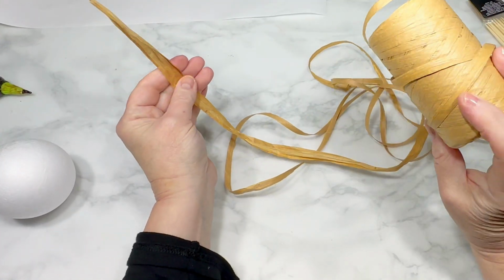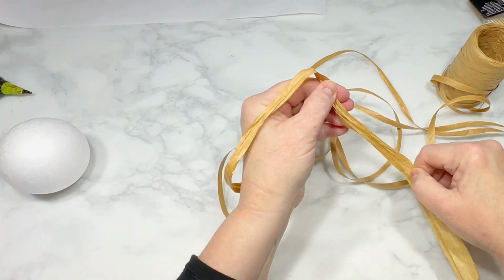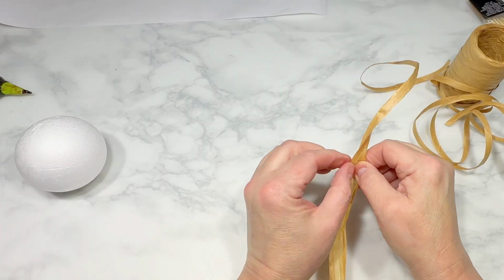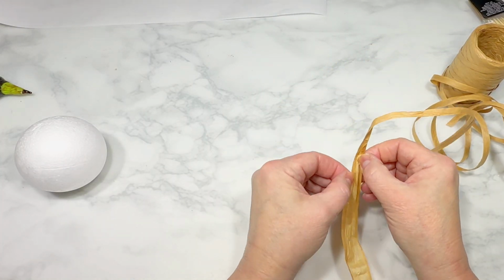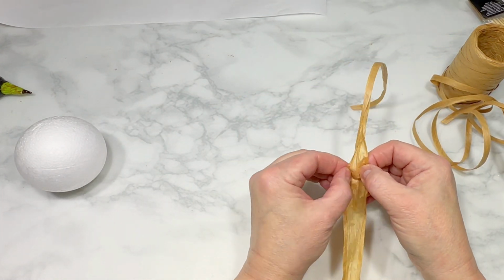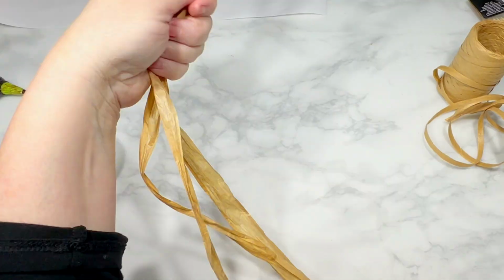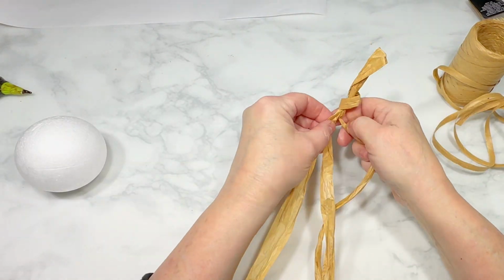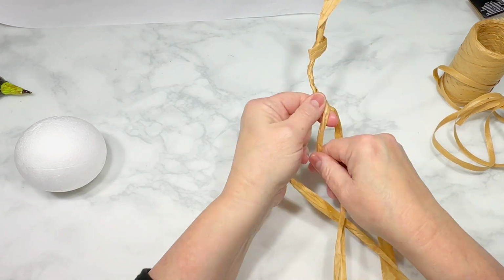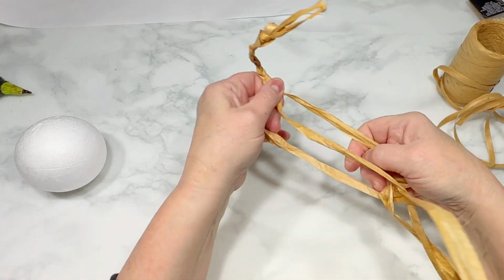For this DIY, I've got this roll of paper raffia from Amazon, and I'll link it for you below, but you can get bundles of loose raffia from Dollar Tree if you prefer. I unravel the paper raffia into this kind of onion skin texture, and I'm going to unravel a very long piece, which I can then cut into 3 very long pieces of unraveled raffia. I take my 3 long pieces of unraveled raffia and tie a knot at the end, and I'm going to do a simple braid with the 3 pieces all the way to the end, which leaves me with this very